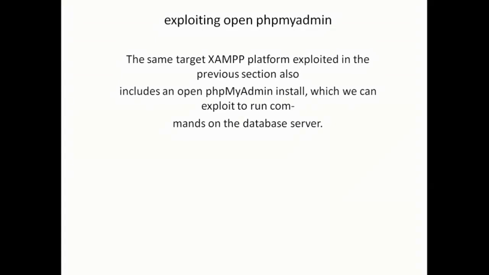We will use a SQL SELECT statement to output a PHP script to a file on the web server, which will allow us to remotely control the target system. The script grabs the cmd parameter from the URL and executes it using the system command. Run the completed query in phpMyAdmin and then browse to the newly created file